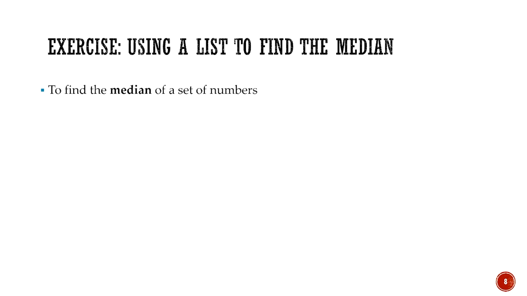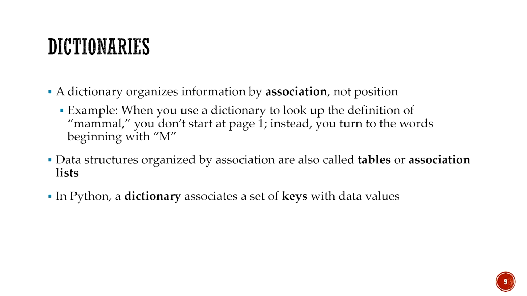In the second step, we count the number of items, and based on this condition, we decide how to calculate the median value. So it's always a good practice to have a plan, to write down our logic, and then try to implement the code. Okay, so with this, we wrap up our discussion about the list